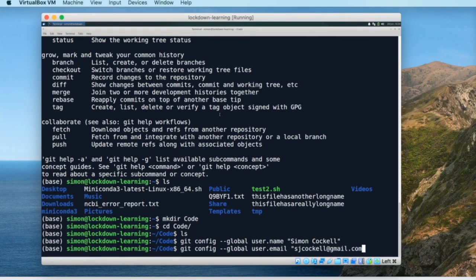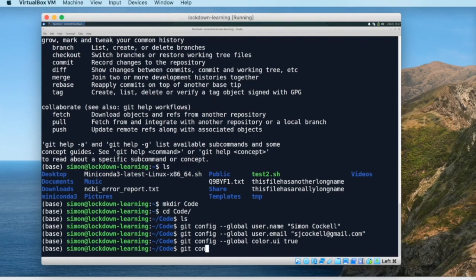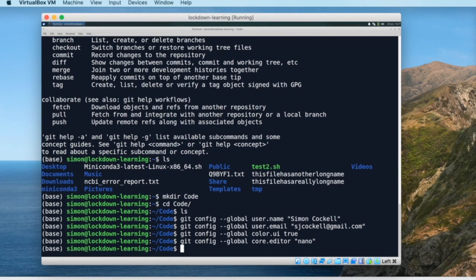email for Git purposes, which is, it's important that it matches the email address that you use at GitHub, for instance, if you're planning to work with GitHub. I'll just add git config --global color.ui true, and git config --global core.editor, and I'll set it to nano, so that if we're dropped into the editor, if I forget to put a commit message in, then it's an editor that you're familiar with. Okay, so that's my config sorted,